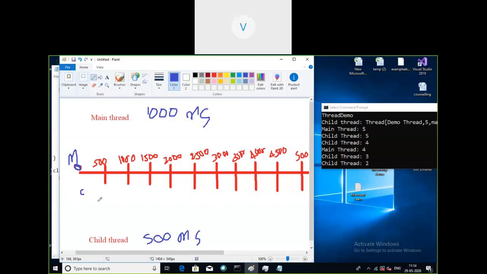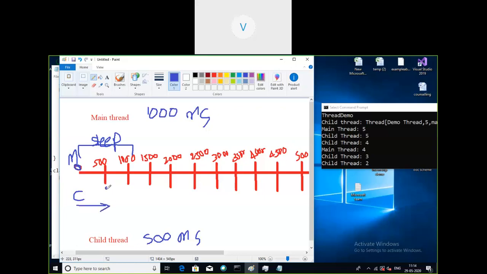Okay, sorry for that. The main thread will start execution immediately. Somewhere here, the child thread will also start. The time duration is a very small fraction, so we will not be able to make it out. From when the main thread has started execution, its sleep time is from here to here. It is going to sleep because the sleep time given for the main thread is 1000 milliseconds. And the child thread will execute and sleep for 500 milliseconds. So it will sleep from here to here.